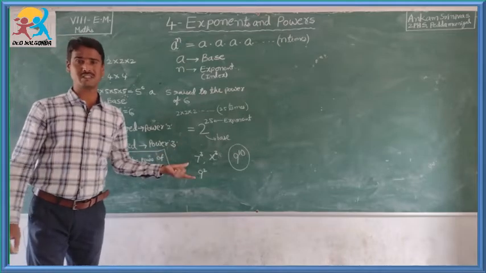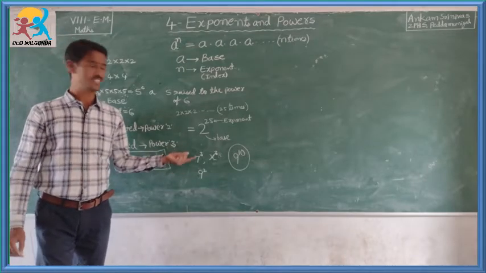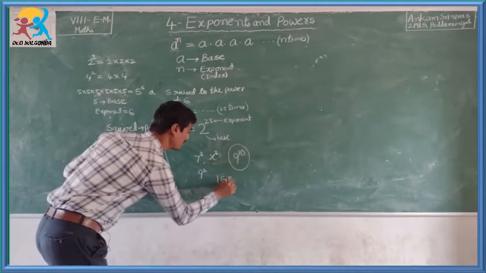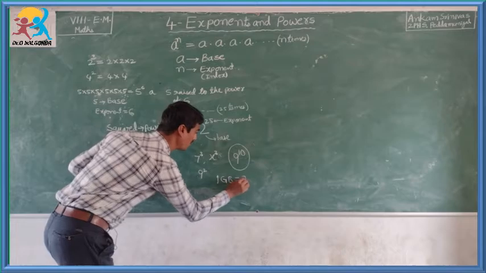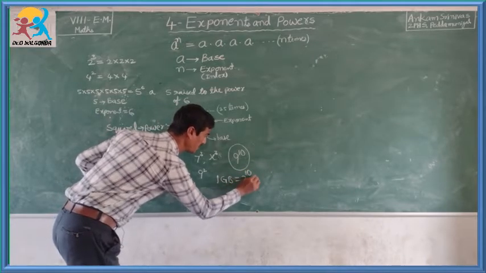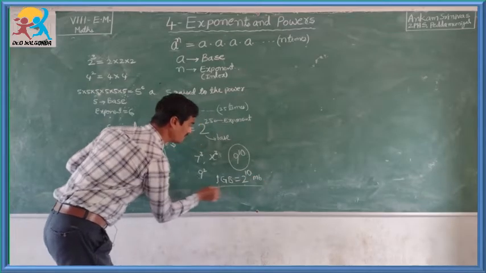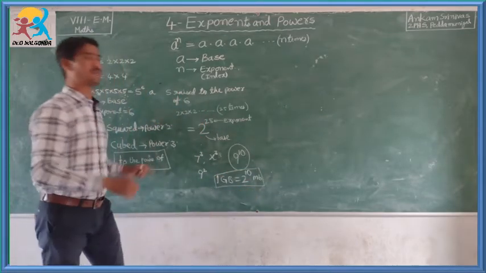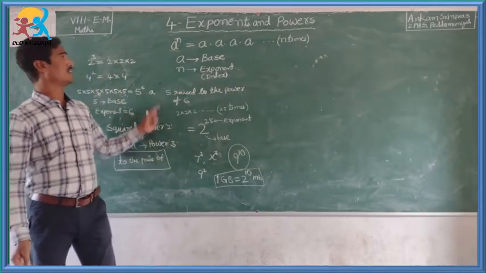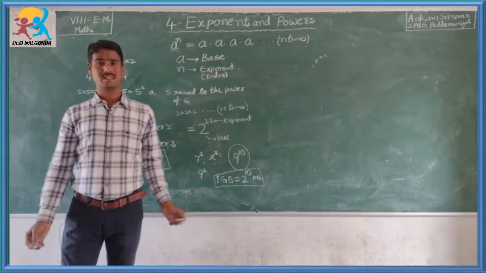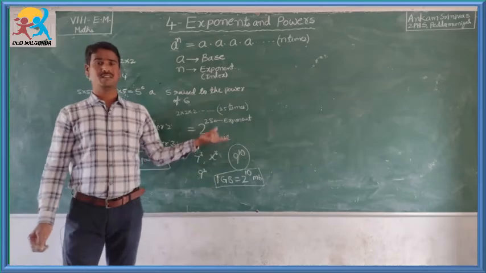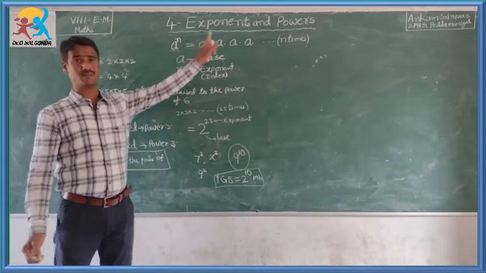Usually we use a mobile phone memory card of 1 GB. What is the meaning of 1 GB? 1 GB is equal to 2 to the power of 10 MB. So, my dear children, to represent big numbers briefly, we use exponents and powers, and also to write repeated multiplication.